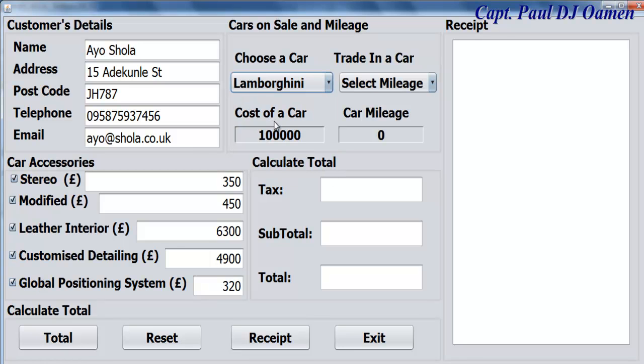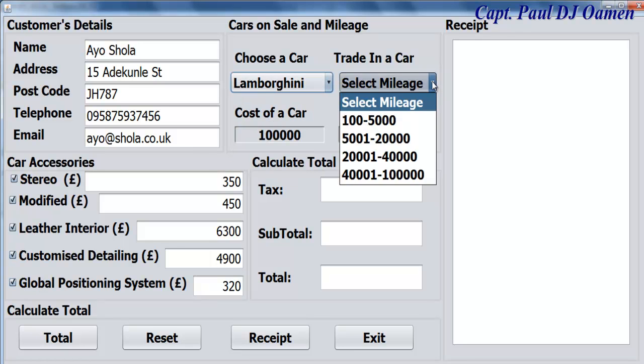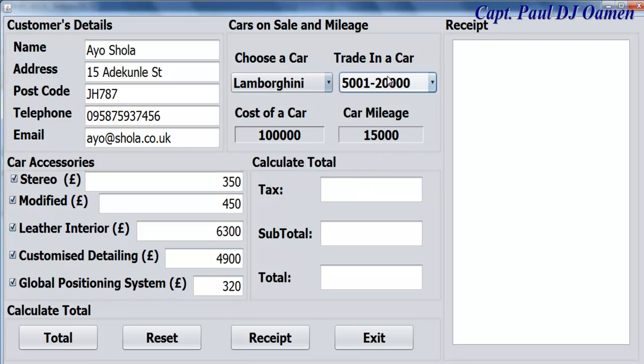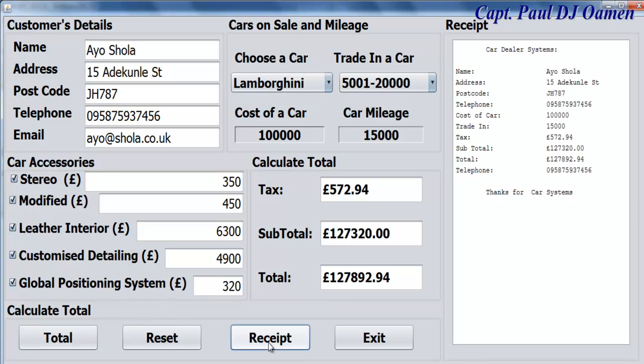Supposing IO intends to go for a Lamborghini and intends to trade one of his cars, all we need to do is subtract this from this, and that is it. Okay, display our reset. There we go. Alright, supposing